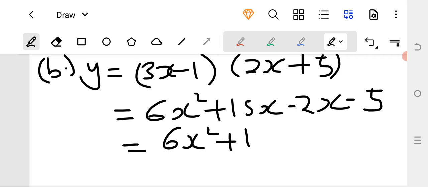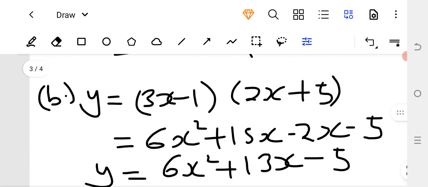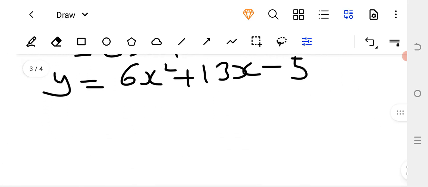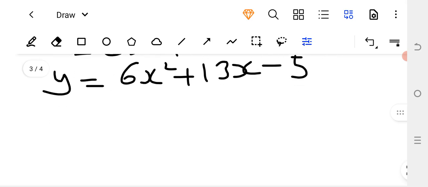So 15x minus 2x is 13x, and then minus 5. This is our final function. So it's like they just solved it and expressed it in terms of the factors, 3x minus 1 times 2x plus 5. But this is the quadratic equation in question. So you could have used the product rule and spent a lot of precious time in the exam,